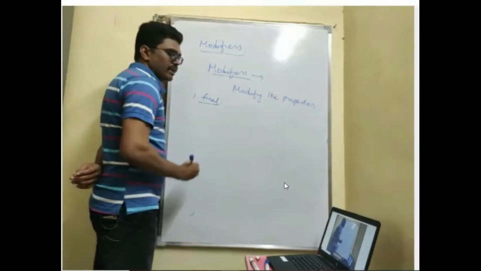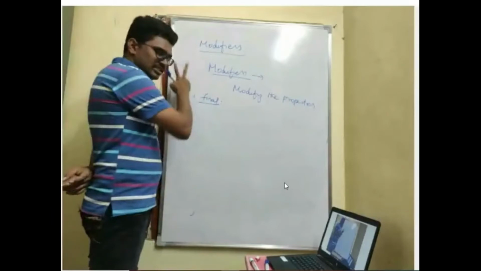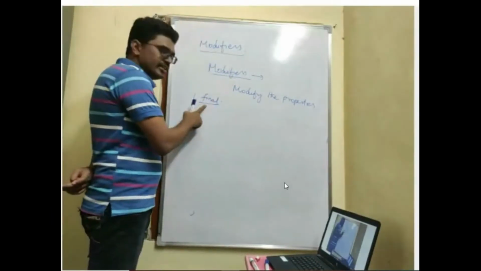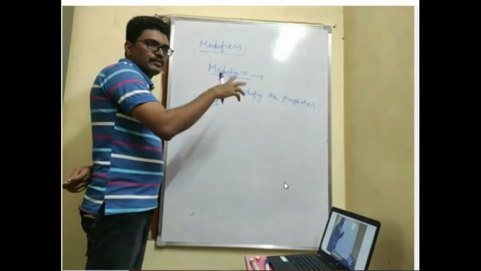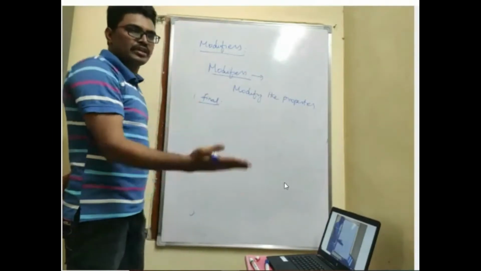final is a modifier. Don't get confused. They confuse it with three keywords. One is finalize. Finalize is used for garbage collection. Final is used for a different purpose. We get one more keyword, finally. It is used for a different purpose. When we go to that concept, we'll discuss it.